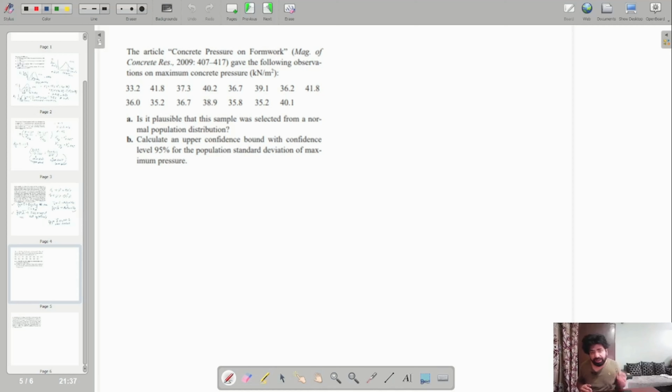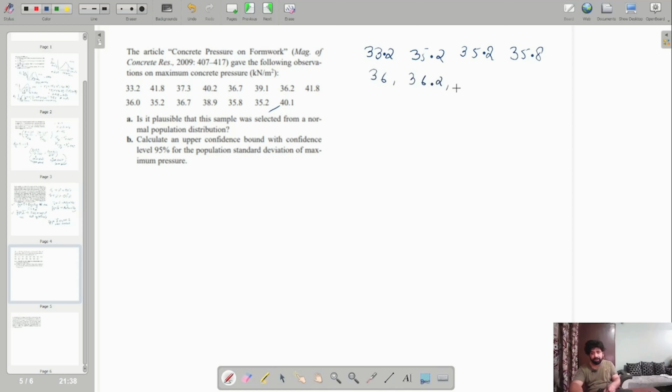I can clearly see the sample size is not more than 30, so I cannot actually use central limit theorem here. So what I'll do is I will sort this data and then try to find out its mean and median. So if I have to sort this out, I will write 33.2, and the next one will be 35.2. Then the next one again will be 35.2 only. So I'll write that one, and then after this the next one will be 35.8. Then I will write the 36,